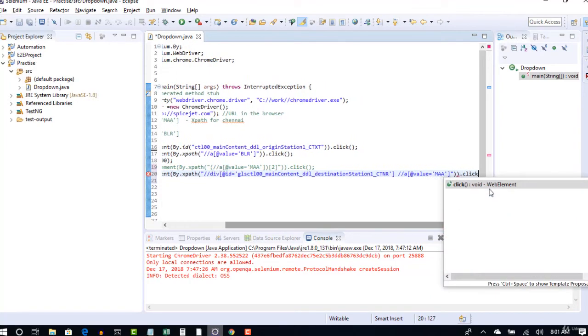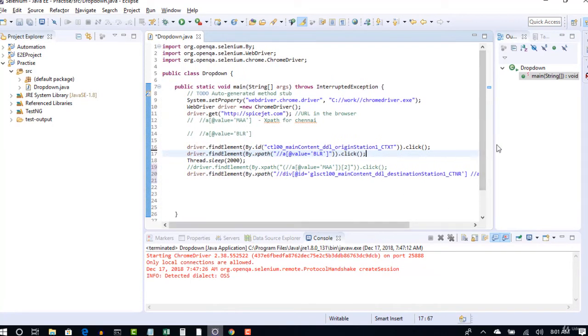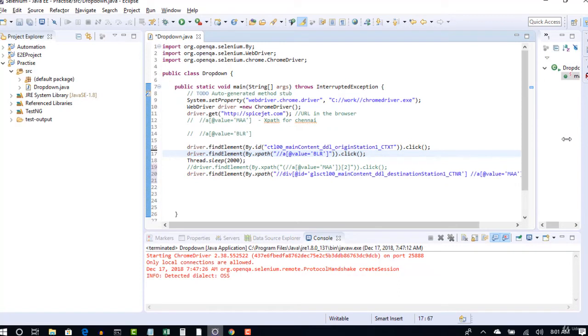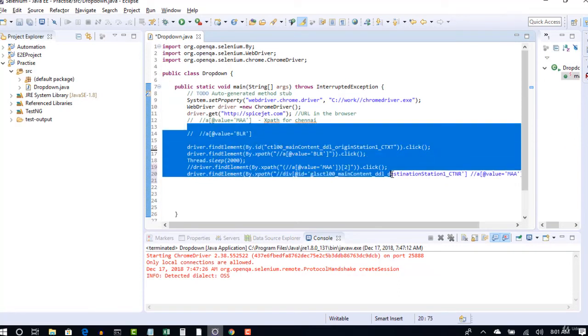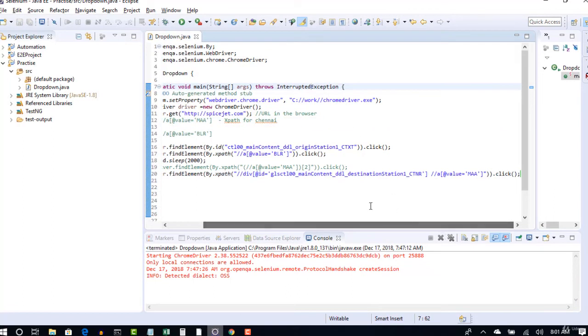Hereafter we will revise the existing and try to handle different UI like handling child windows, frames, checkboxes, radio buttons. There are many topics to discuss, but the overall locators we discussed till now will be reused. Okay, so this is a replacement to this, and now let me run this test.